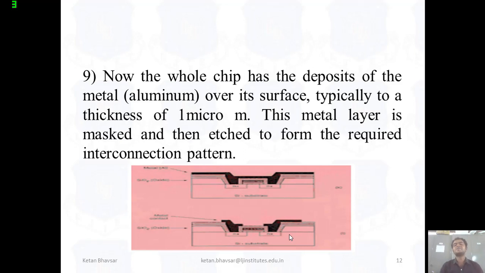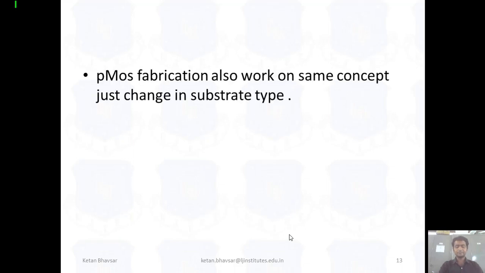Okay, and in your syllabus we are focusing on only NMOS fabrication because they consider that the PMOS has the same steps, with only the substrate area and the doping type changing. Okay, so the NMOS and PMOS fabrication topic is now done, and with the help of this combination of NMOS and PMOS we are designing different types of CMOS, bulk CMOS, or we can say advanced CMOS, with the help of the combination of PMOS and NMOS.